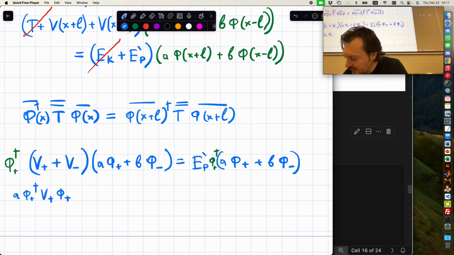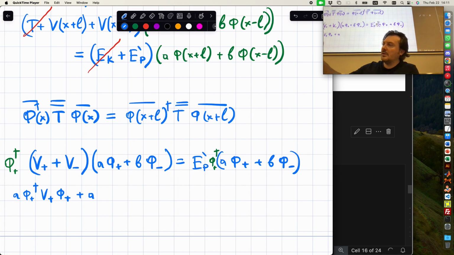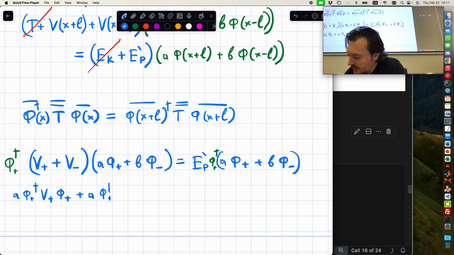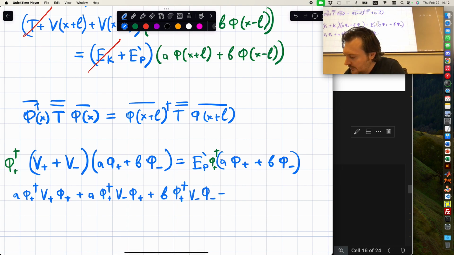Can you please control my algebra? It should be a squared. Why? Because they are. No, I'm just multiplying with phi plus dagger, nothing else. Oh, all right. Okay. Anything else? Plus dagger, V minus, V plus, phi plus. Then I have plus B phi plus dagger, V minus, phi minus,